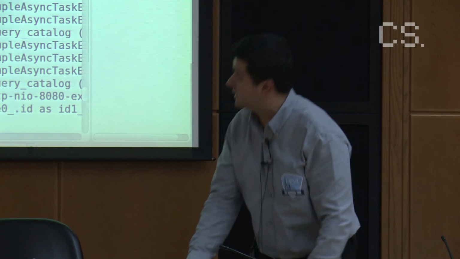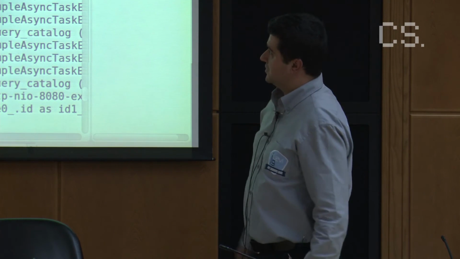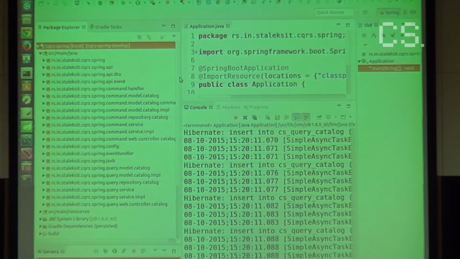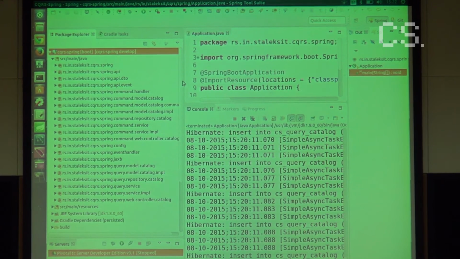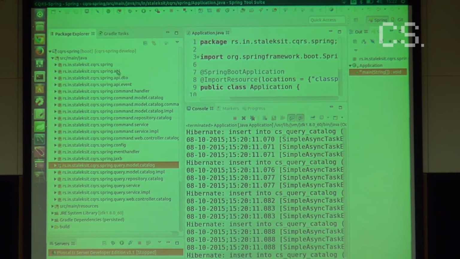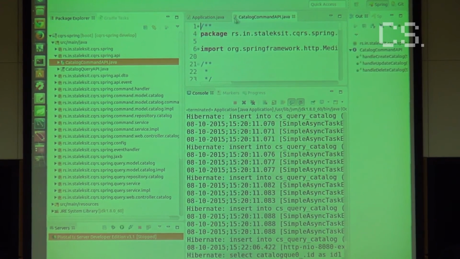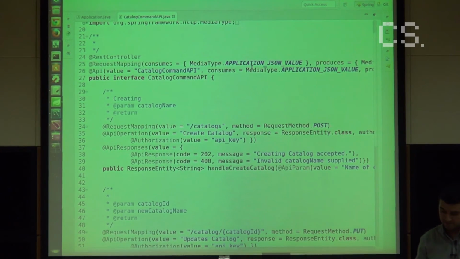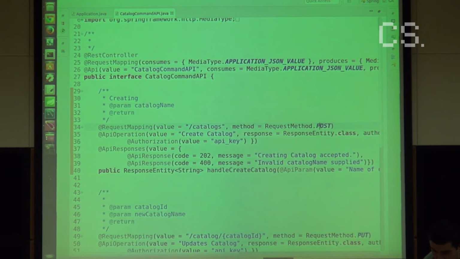So you will notice that there are a lot of packages. That's one drawback of CQRS. You will introduce complexity to your system. But clearly, let me guide you through it. So I have the API, the catalog command API. I have the endpoint that will listen for the catalogs. It will listen for the